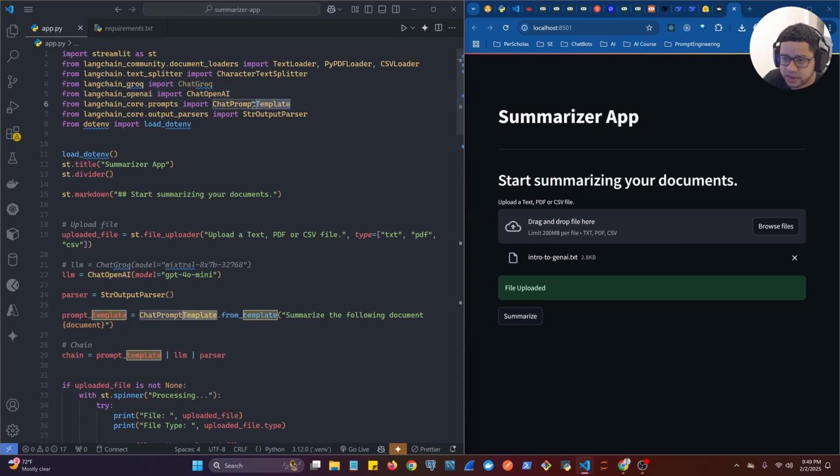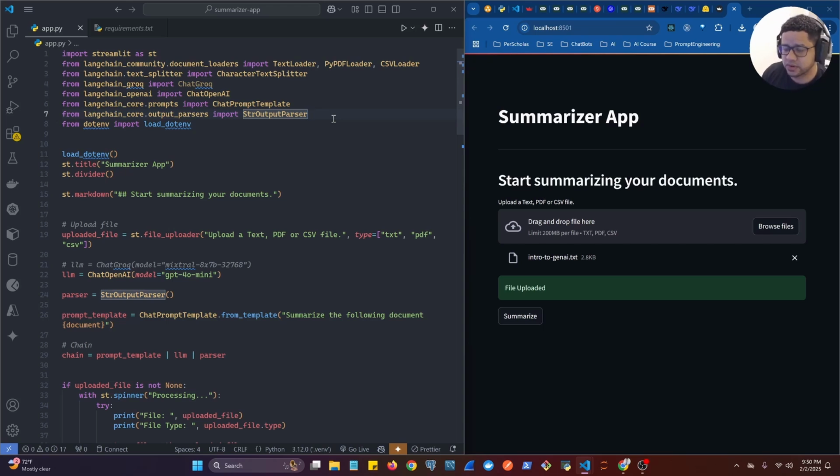We have the ChatPromptTemplate, which allows us to create the prompt template so we can pass the documents or chunks and reuse the prompt with every chunk. And then we have our output parser, which is going to just give us the result text from the model, the generated text,